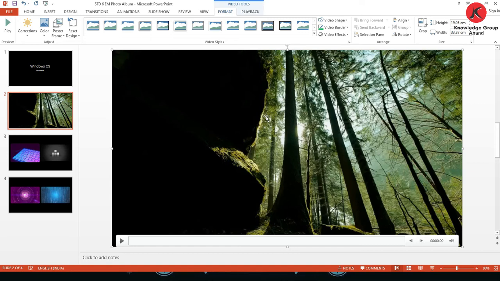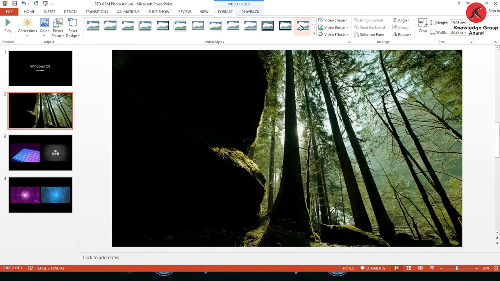When you insert the video, new Video Tools will appear, and in this there are two tabs, Format and Playback. The Format tab depends on how we are going to change the layout of the slide and the player which will play. For example, this is the play option. You can change the color of these. Then you can change the format or poster in a particular format. Now you can change the shape and background color or whatever. So this is all about the format.